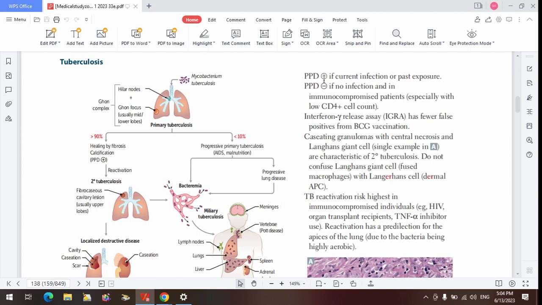Someone that has a current infection or a past exposure, both of them have been exposed to the tuberculosis antigen. They have mounted an immune response to that antigen. They have produced T lymphocytes to those antigens. You remember that macrophages and T lymphocytes will be activated. It is a type 4 hypersensitivity reaction. So the memory T cells are already in the plasma. So the basis of the PPD is that you now introduce